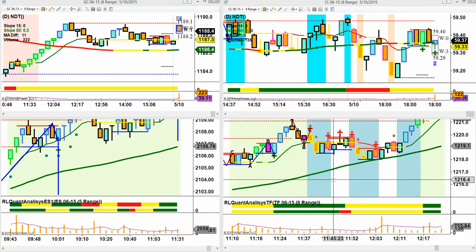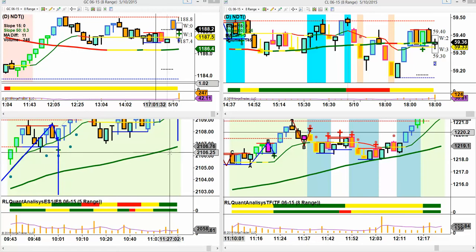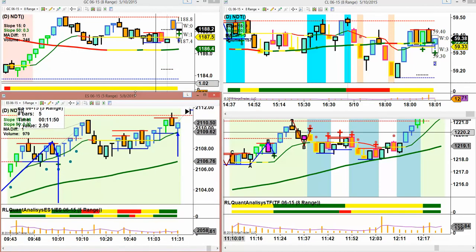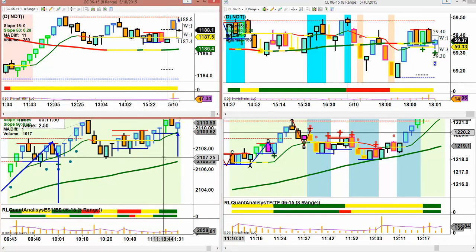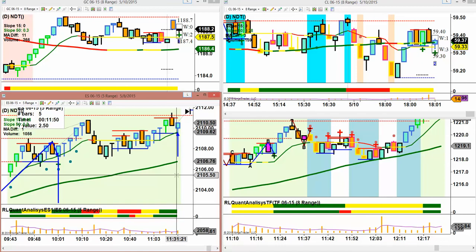Okay, what I wanted to go over today, now that the market just opened at 6 p.m., was a review of how our quant lines did last week. We did a lot of tweaking of them, and on Monday and Tuesday we really weren't prepared to trade them. But then on Wednesday, Thursday, and Friday we were set to go. So